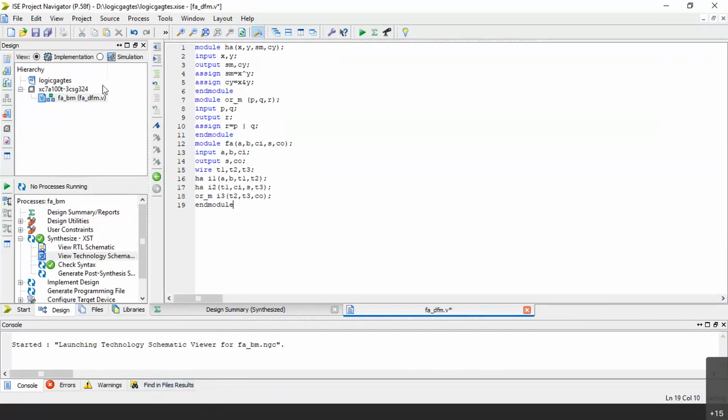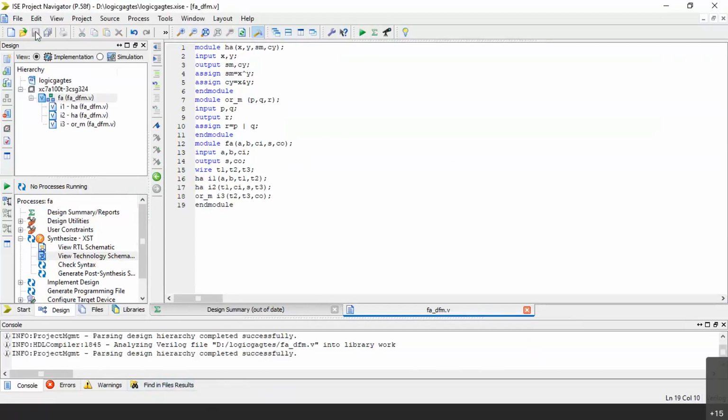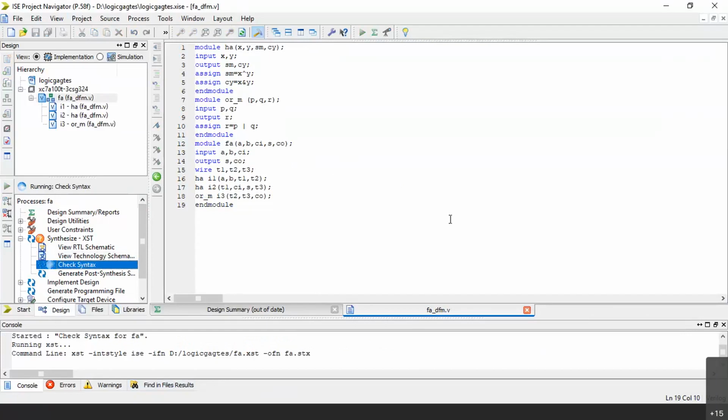Okay, this is the complete code. And you can see inside the code there are 3 instances now, I1, I2, I3, that is half adder instances that we have seen already. Now let me check syntax.